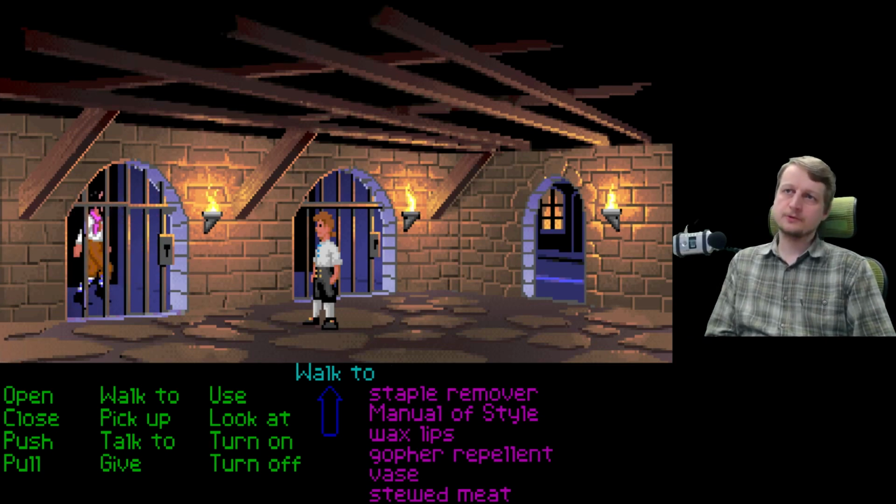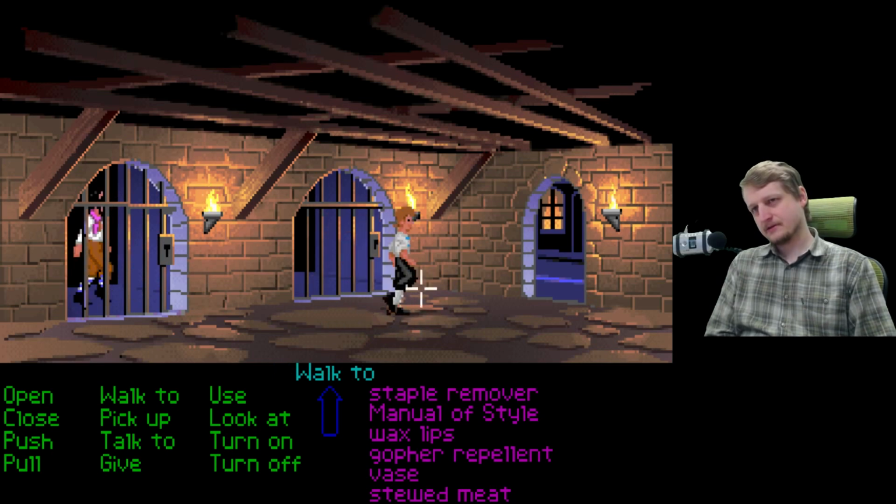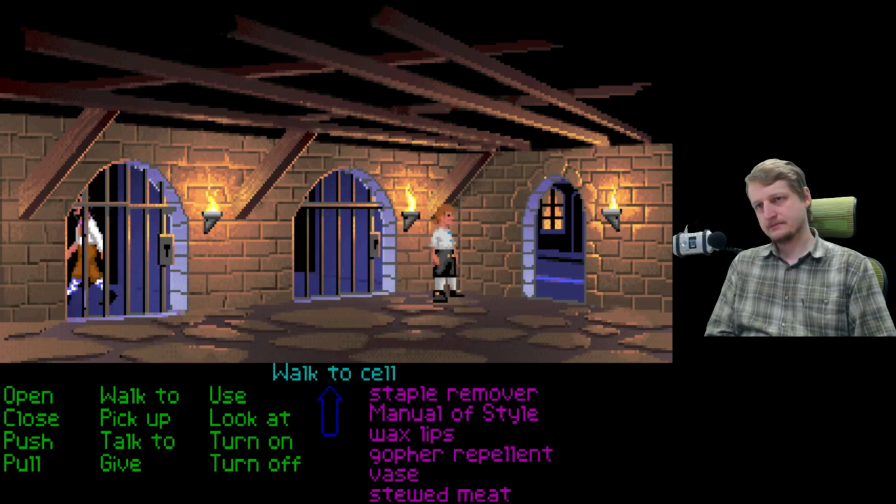I know that there are walkthroughs on the internet I could read. But that's what I'm trying to avoid. It is. But somehow the gopher repellent makes the rat not come back to the cell. But that must be a part of...